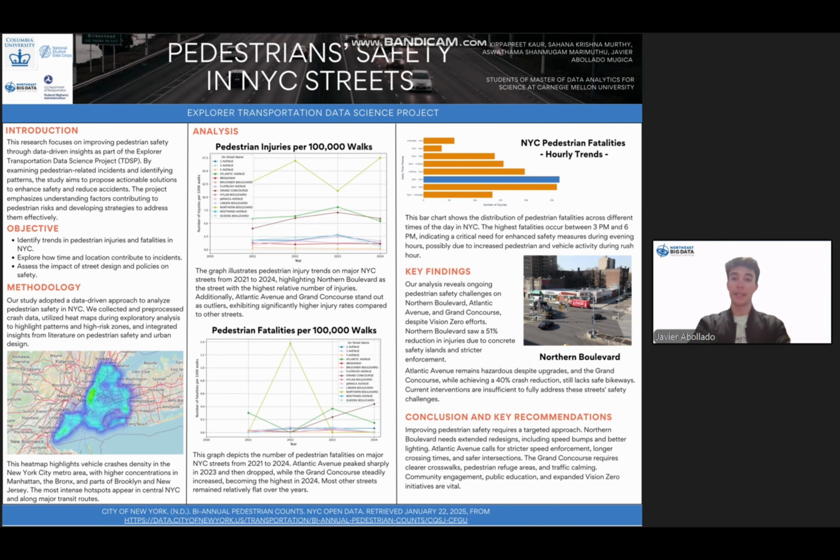To go beyond just identifying dangerous locations, we needed to account for real pedestrian exposure. For this, we used the dataset from New York City Open Data, which tracks pedestrian volumes. By combining this dataset with our incident data, we calculated the relative number of injuries and fatalities per 100,000 walks, which means how many pedestrians we would expect to get injured if 100,000 people walked on a given street, based